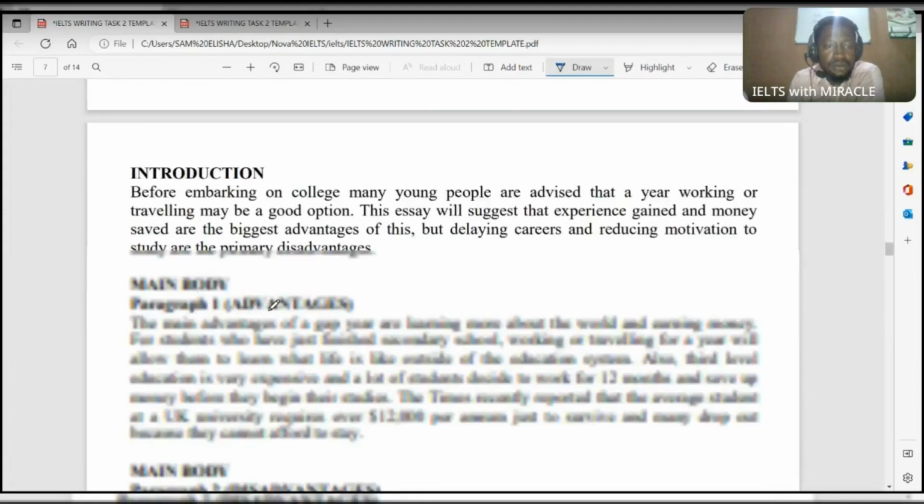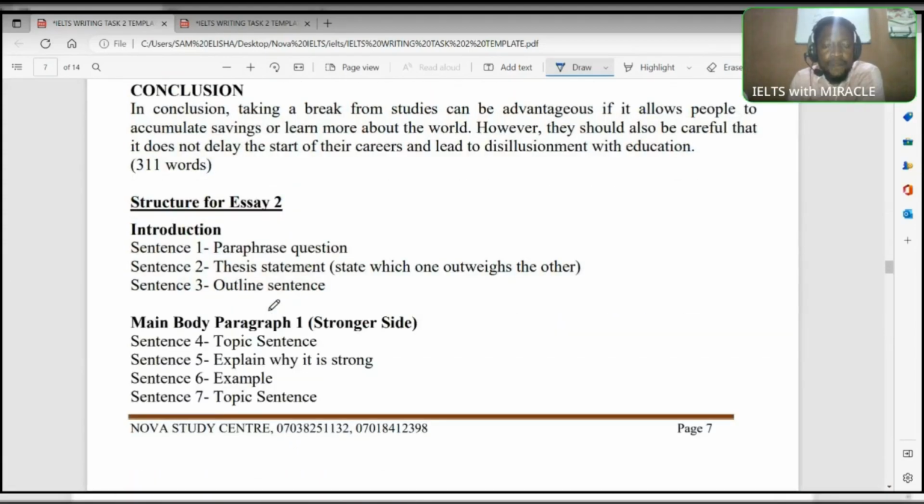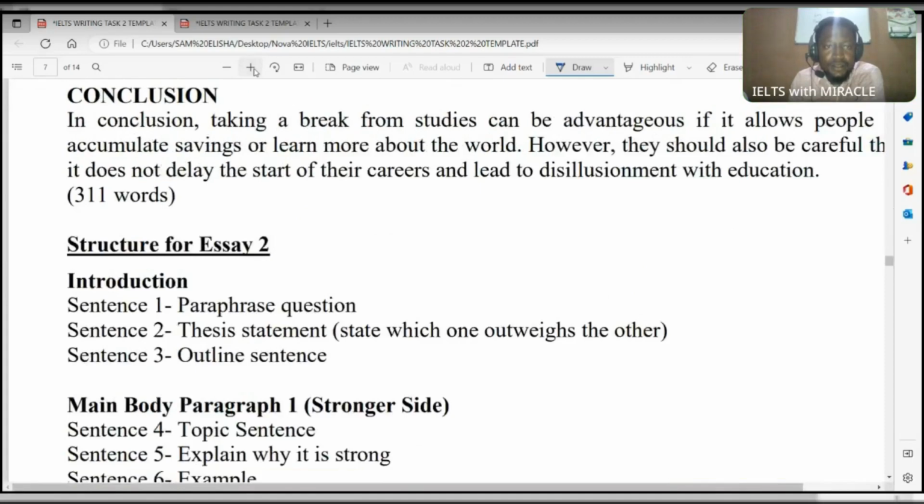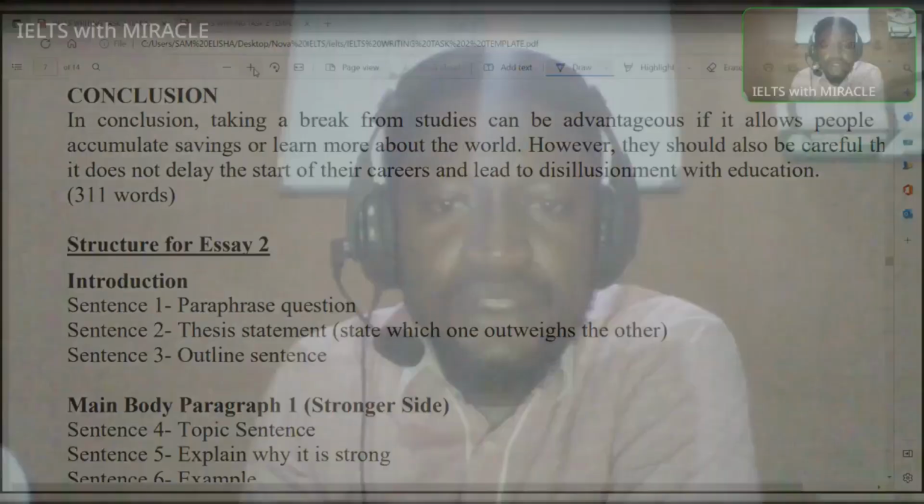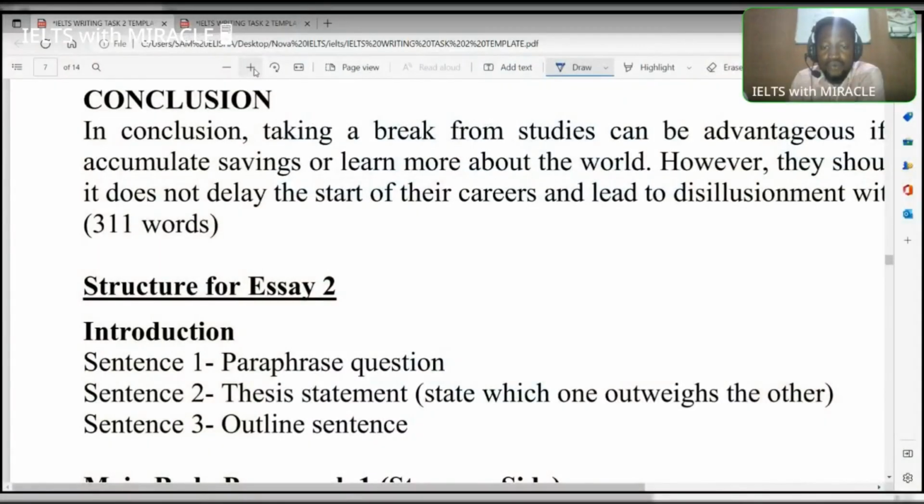Okay, so now let's quickly look at this. I don't have charts. Yes, this is on page 7 for those with the material. If you look at page 7,